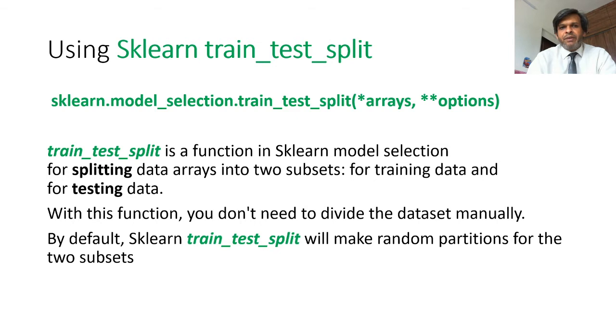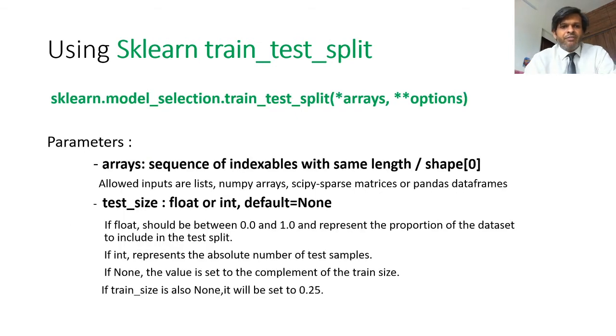Now, what are the different parameters that are available? We'll go through them quickly. The first parameter that you need to pass is two arrays, your x and y arrays, saying that this is the data which I need to split. So an array of x and a related array of y, the labels, as the first two parameters.